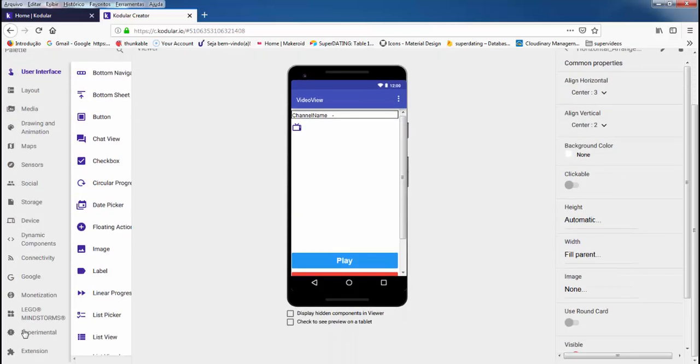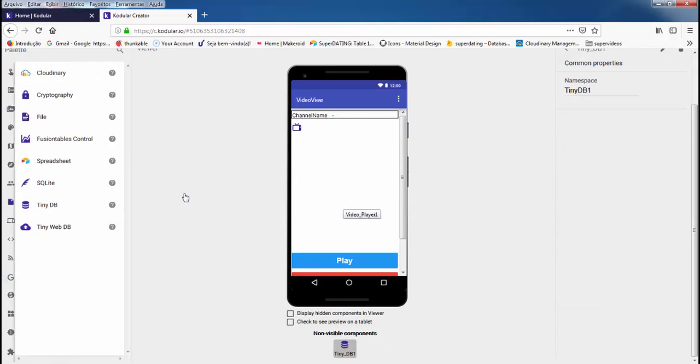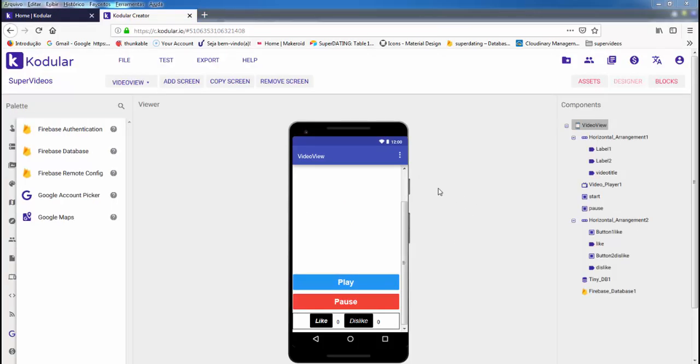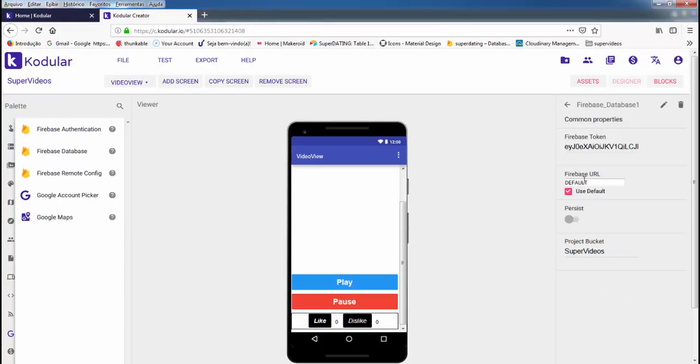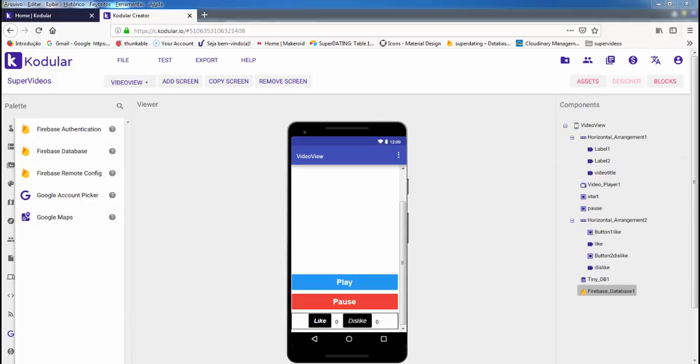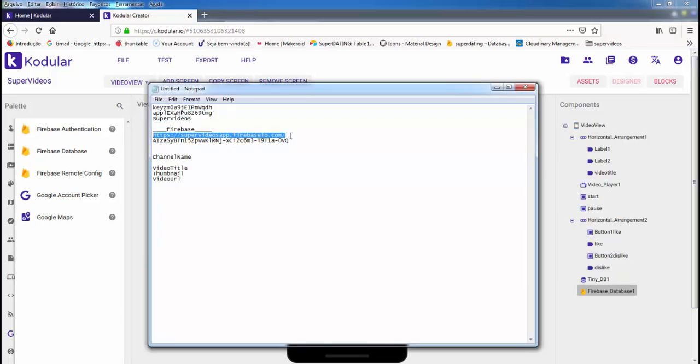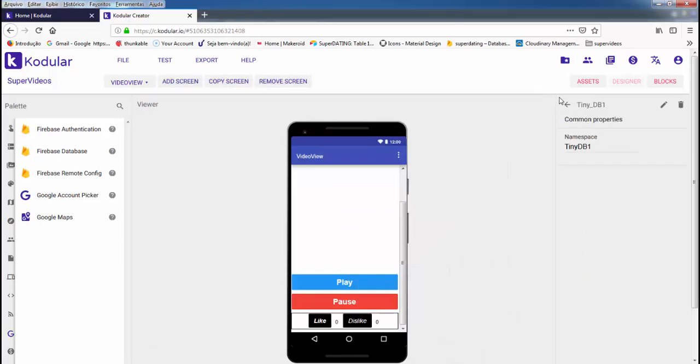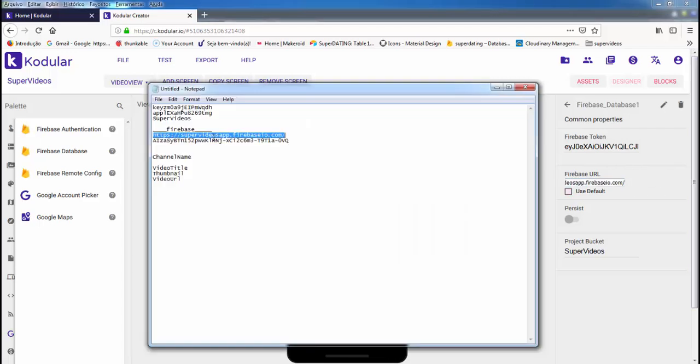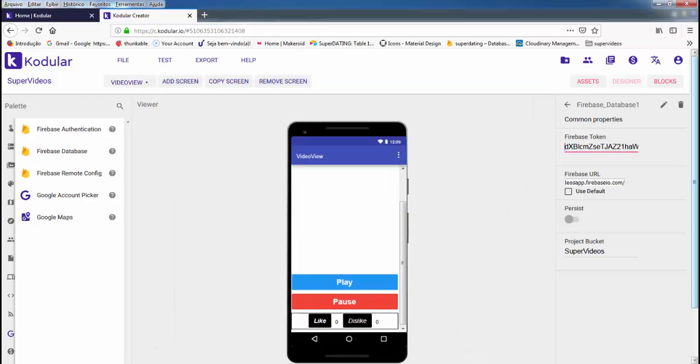Now we're gonna need, under storage, the TinyDB. So back here we're gonna need a firebase component. So I'm gonna copy the URL and the firebase token. I need to remove the firebase standard token, this one here,